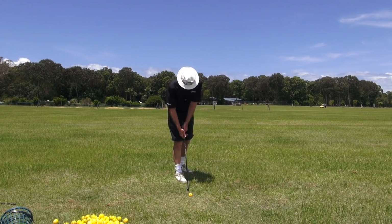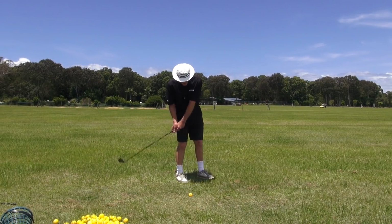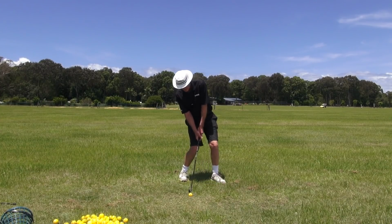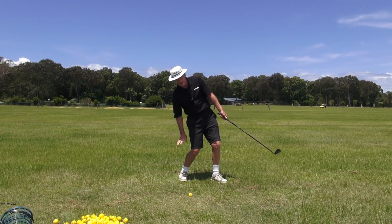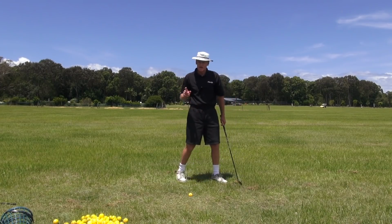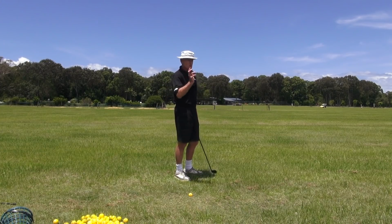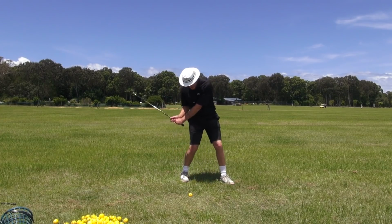And the way to get that, guys, I've got a 6-iron here, but just get a shorter club, and just hit a couple of shots where you get into that position there and you're just doing this. You're feeling the weight driving down that trail side into the buttock this way. The weight's going there. It's not firing forward. There's none of that in the channel lock golf swing. We don't want any body rotation radially. We'll get that as an effect, but we don't want to have it as an intention. We want to feel in actual fact that we're here